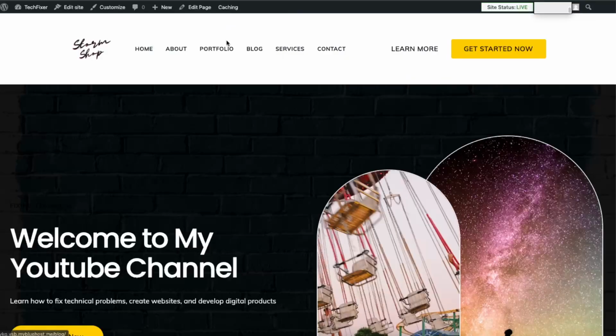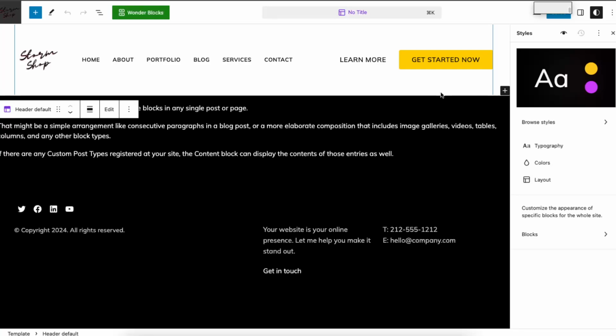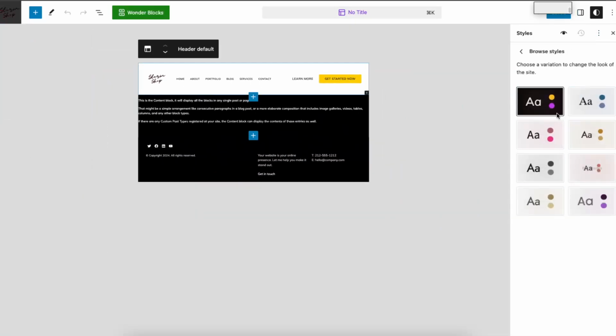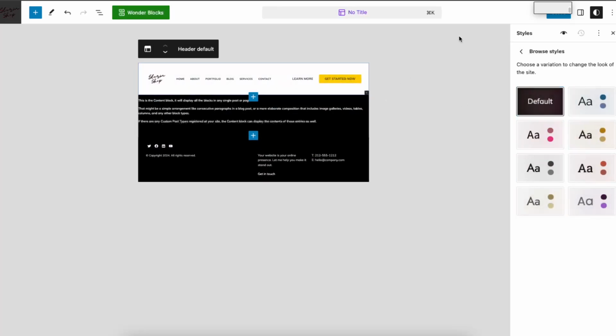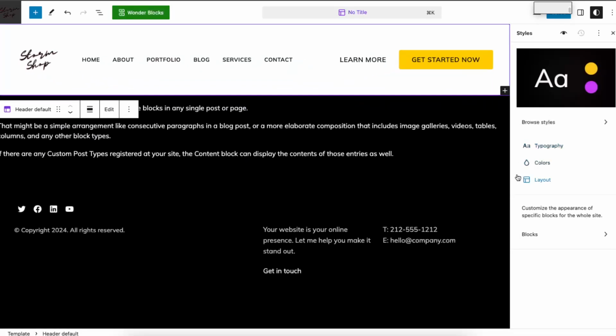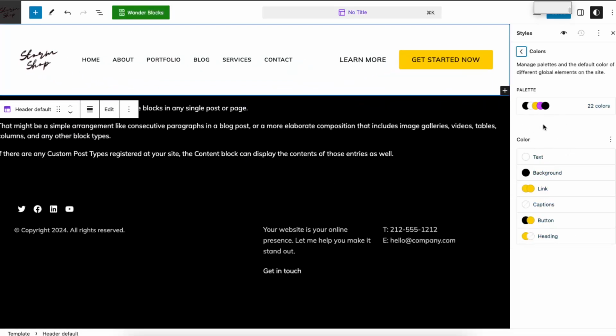Now, when I go to my website, I can actually edit it or customize it. So let's edit it. Now, once you are on edit page here, and you click right here, styles, you can actually browse the styles and change the appearance of your website. So for example, if we choose this one, it will look like so. But yeah, for this video, I'm just gonna leave it like so. I really like it. You can change the colors, as you can see,